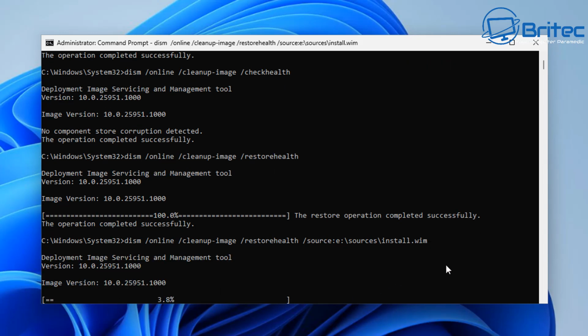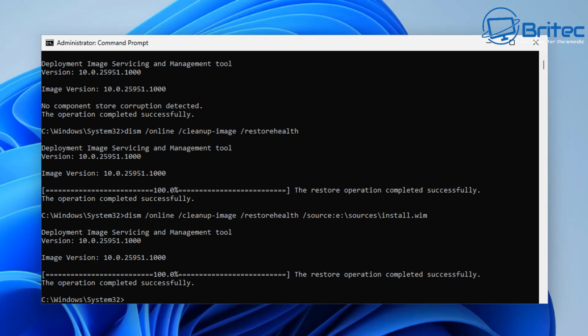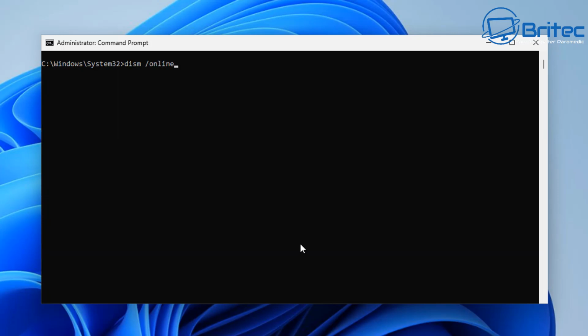And it does take a bit of time, so be patient, because it's now pulling the files off of that Install.wim, and it will see if there's any corrupt image files inside our system and replace them with known good ones. So we're just going to let that run through. And once that's done, now I'm not sure if this command still uses some of the Windows updates as well. If it needs updates, it will pull those files down and put them in place. I'm not sure if it still does that with this command. But if you do want to do a full limited access command for Windows offline repair, you can use this one here,